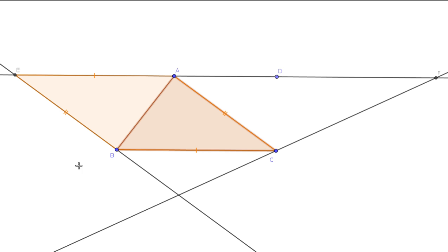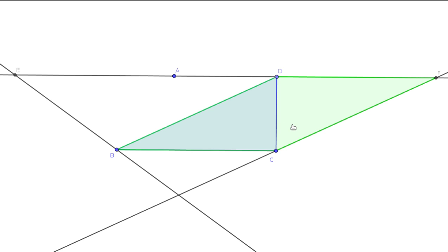So what that really means is that this triangle ABC actually cuts the parallelogram in half. And so the area for this triangle is going to be equal to half of the area for that parallelogram. Now, there wasn't anything special about that triangle. If we put in the other triangle and look at the other parallelogram, then sure enough, the same thing is true: opposite sides are going to be congruent, and one side is going to be congruent to itself, so the triangle is going to divide the parallelogram in half. And so the area of our triangle BCD is equal to half of the area of our parallelogram